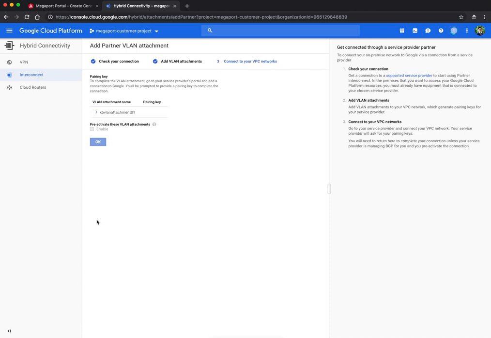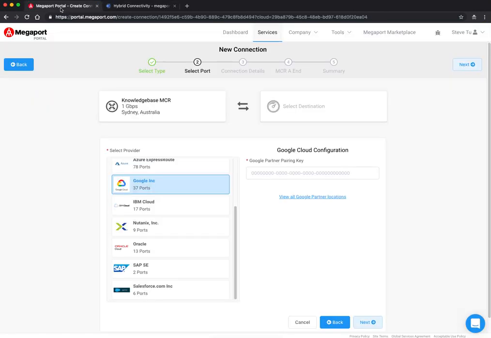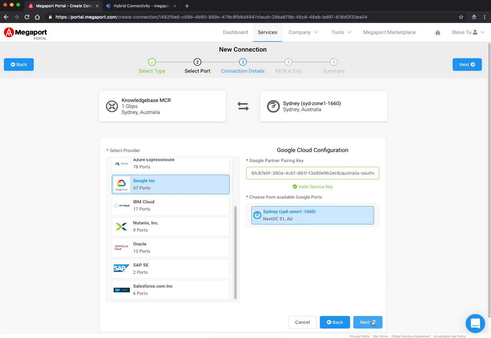It will then generate the pairing key for me to use within the Megaport portal. Now I have the pairing key. I simply click on Copy and return to the Megaport portal and paste the pairing key in. Then select the location, click on Next,